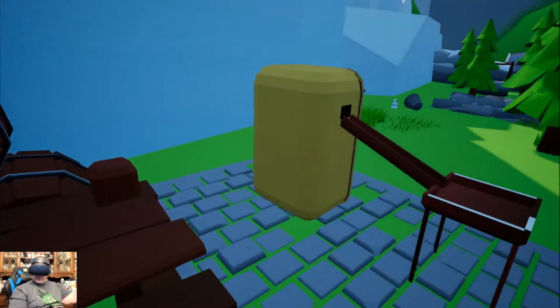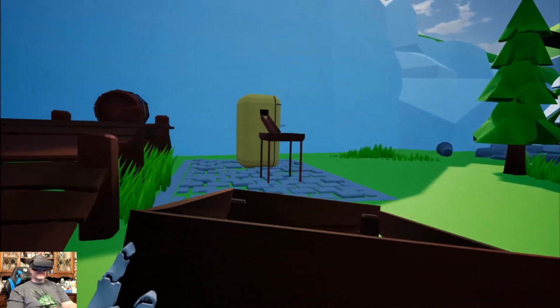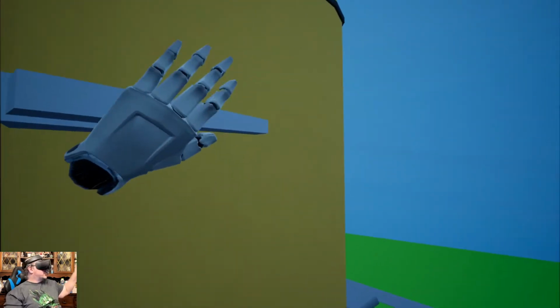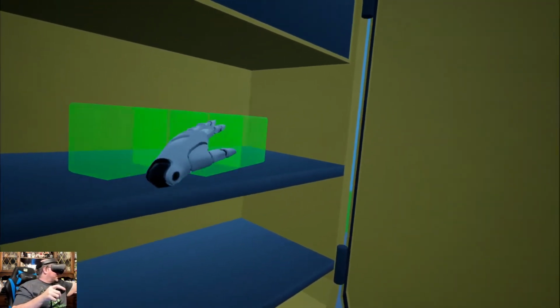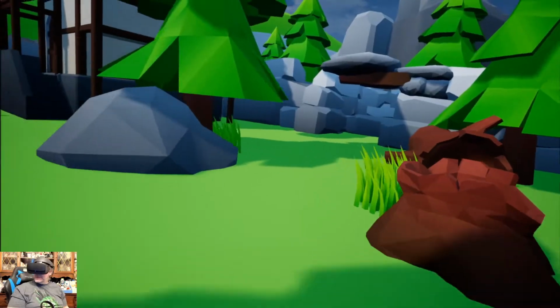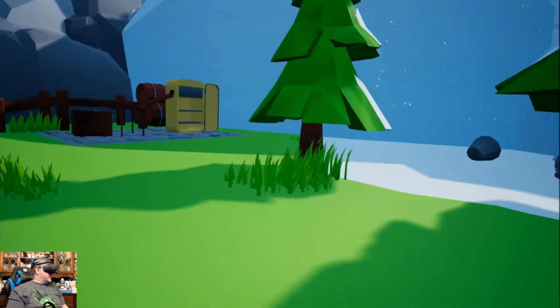I'm assuming we need to somehow... Okay, so those boxes go here. Is this a refrigerator of some form? Okay, there's just a Tetris piece hanging out right here. But I feel like there should be more to this puzzle than just searching. I think what I want to do is...